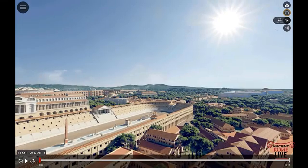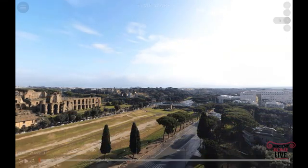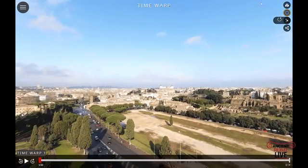And here's a magnificent view of the Palace of the Emperors sprawled across the Palatine Hill and the Circus Maximus. And on the right side is the Aventine Hill. It was a place of residence, and it is a residential district still today. So we've got these incredible views then and now of